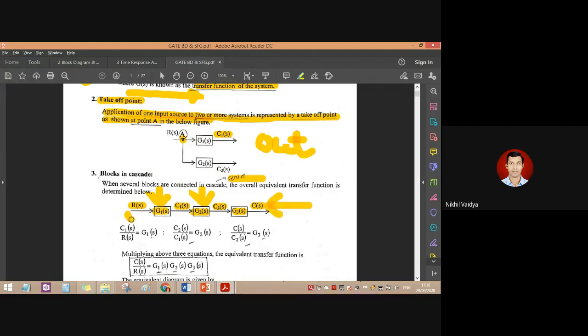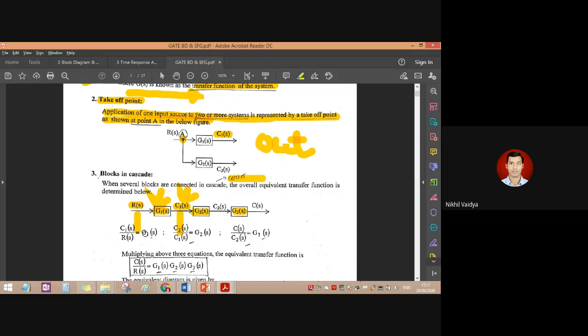Sir, this is taking too much length, and it is more complicated. Can we reduce it? Yes, we can reduce it. In the previous definition of transfer function, what we had seen is that the transfer function is defined as Laplace of output upon Laplace of input. So it is in S domain. S domain already indicates that transfer function, input and output are in Laplace form. S domain means Laplace form.